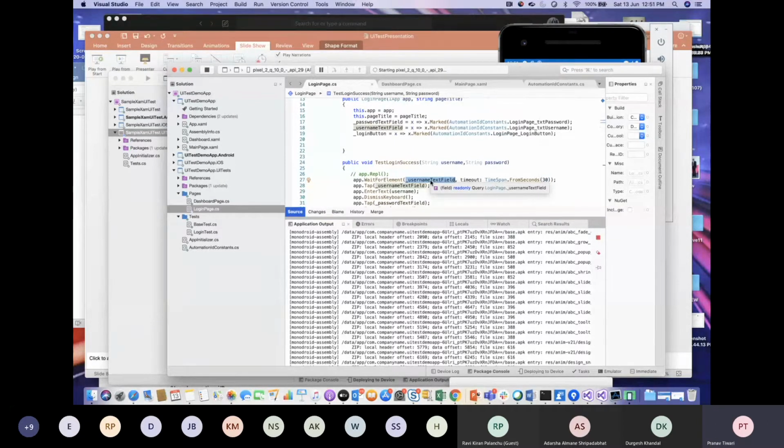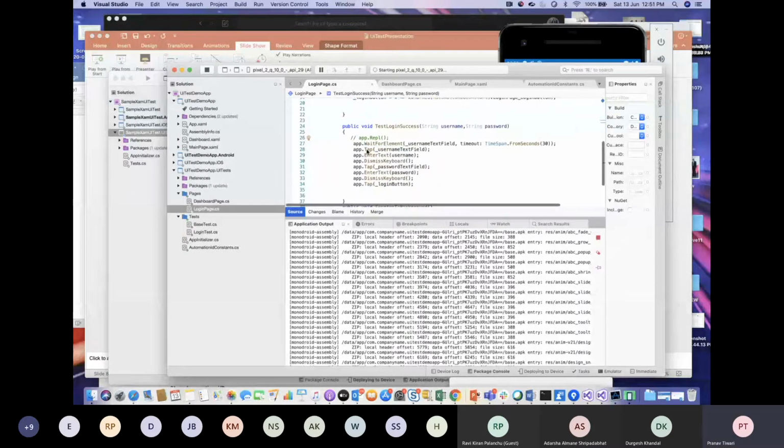Sometimes there's a scenario where we are calling some services and need to wait 2 or 3 minutes for the service to respond, and then we want to proceed with the automation. In that case, we can change the timeout to maybe 2 or 3 minutes, so our execution will wait that much time to get that element. If the element is not found in that time, the test case will fail.